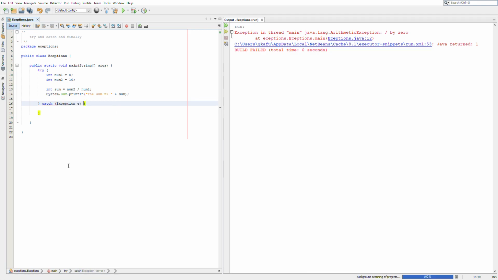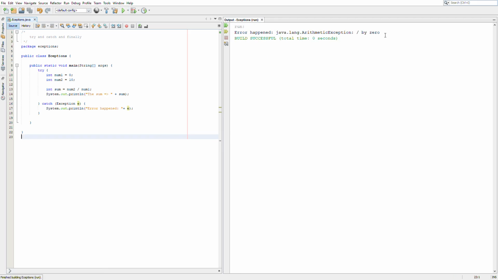e, and then right here I'm going to print "error happened." And then I'm going to print the actual error that happened. Right. So if I run this, you see on the right-hand side, it's giving me that error happened and then the